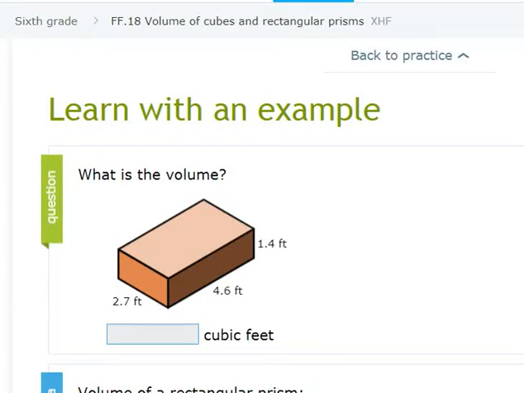In this video, we are going to discuss volume of cubes and rectangular prisms, and the code of the skill